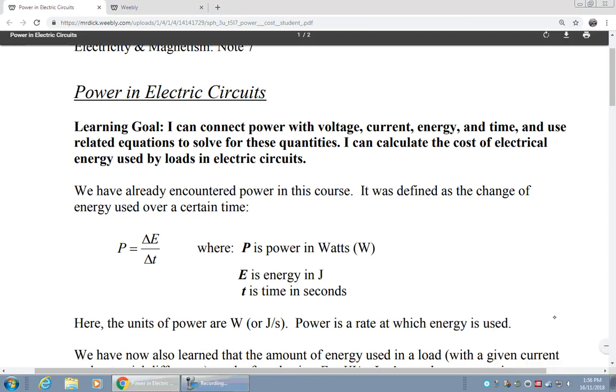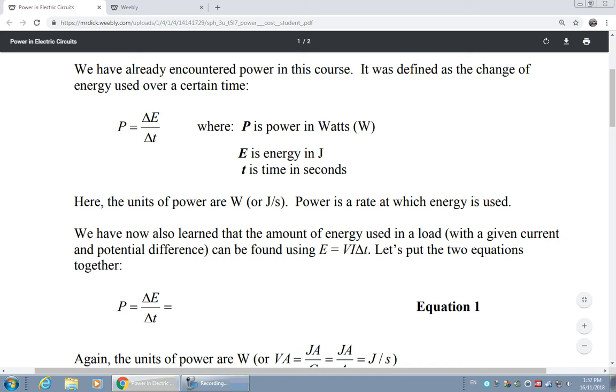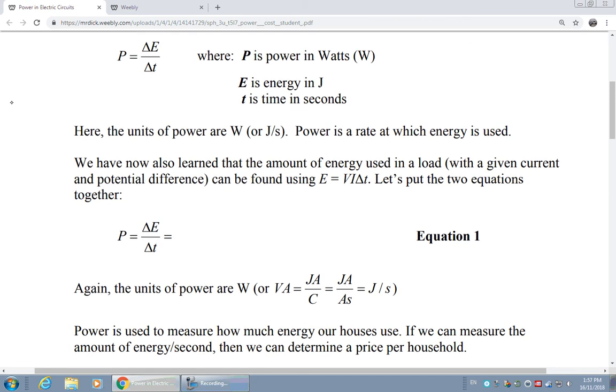During our energy unit, we talked about this concept of power. And power is just defined as how much energy we use over a certain amount of time. It essentially represents the rate at which something is using or transforming energy. And so we saw the formula that P is equal to the change in energy divided by an amount of